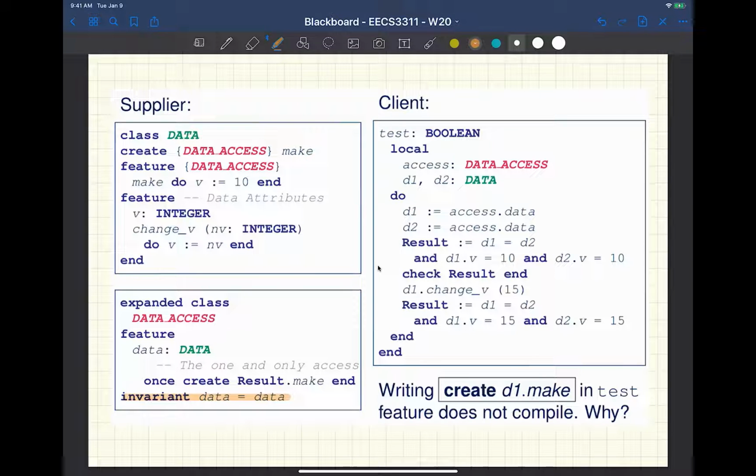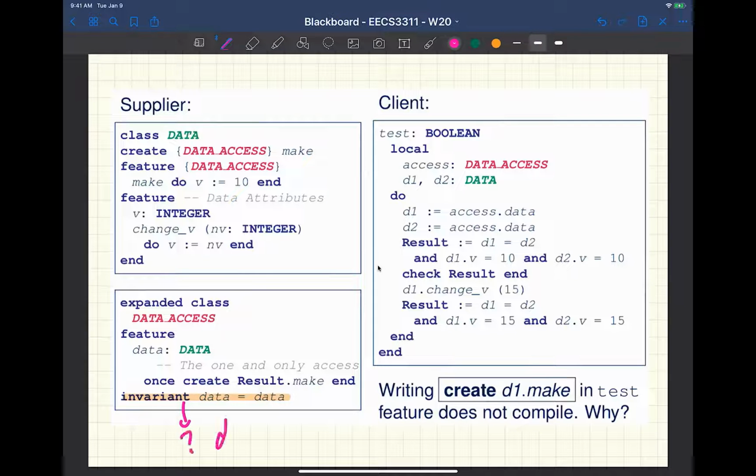This is a very critical invariant to have in order to make sure the single instance principle is actually being followed by this particular implementation. Okay, anybody try to explain to me that data equals data? Or let me put it this way. Would it work alternatively if I say, for example,